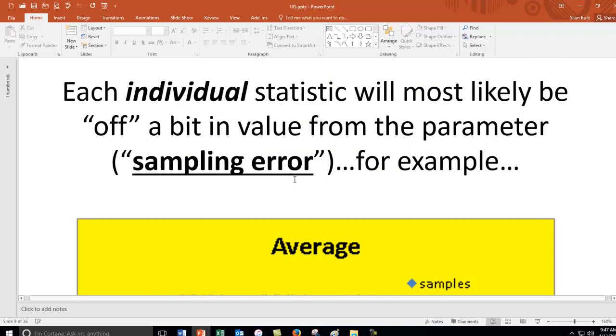sampling error. I'm sorry about the PowerPoint. For some reason, I can't get the PowerPoint screen capture to work with my video software. I really need an administrative staff just to produce this stuff for me to make it not so ghetto. Anyway,